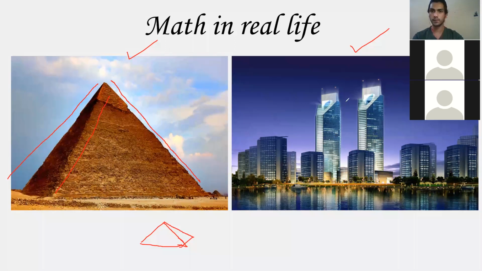On the right side, if you see the buildings, I'll draw one straight line like this. This is not straight, but just assume it is a straight line. If I take lines over here like this, I get a basic structure of a building.